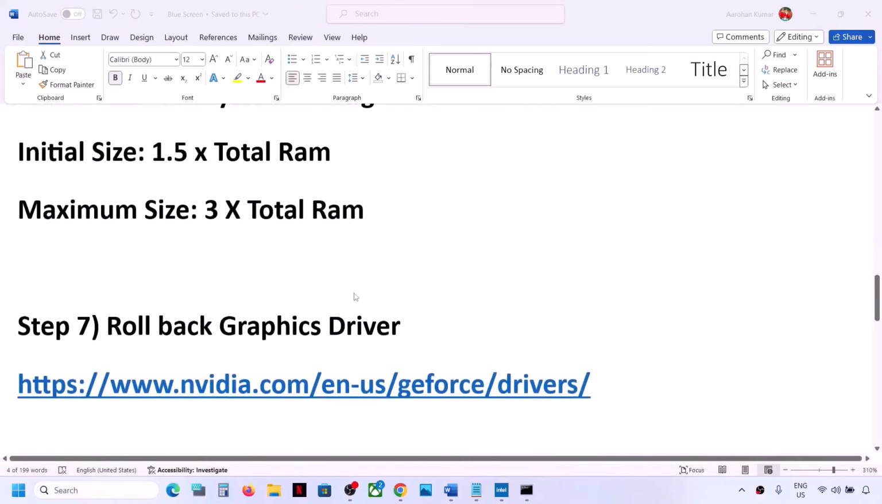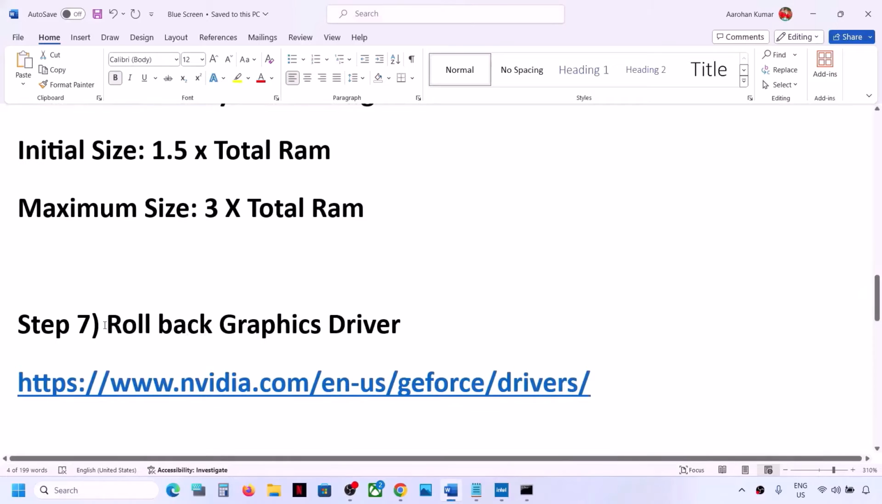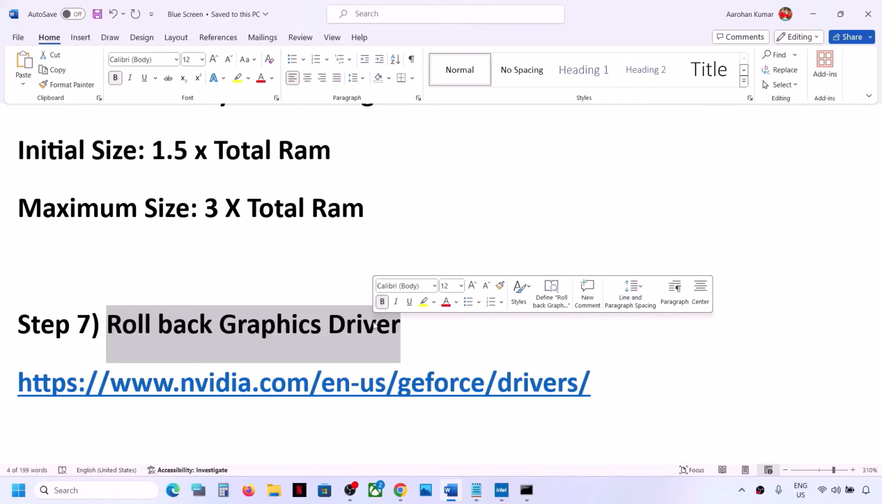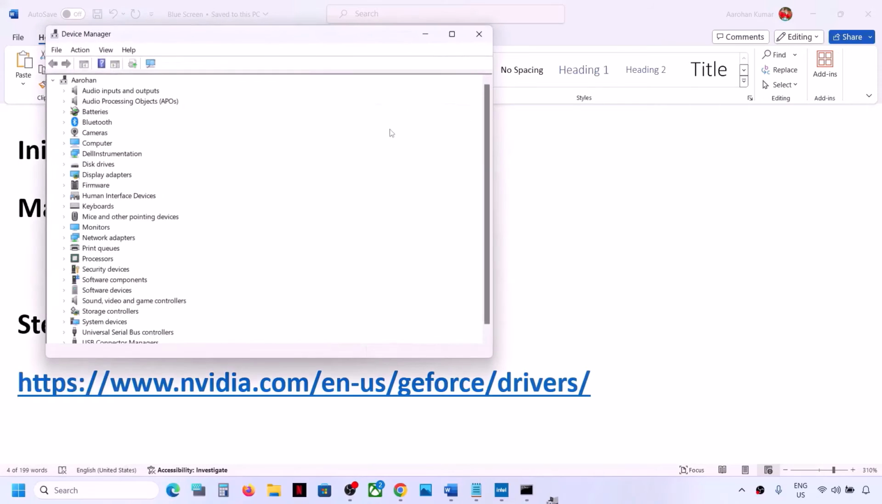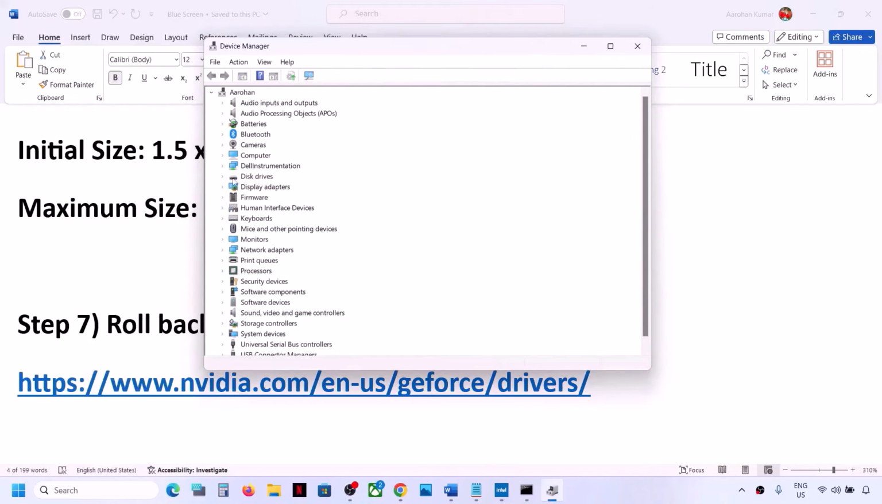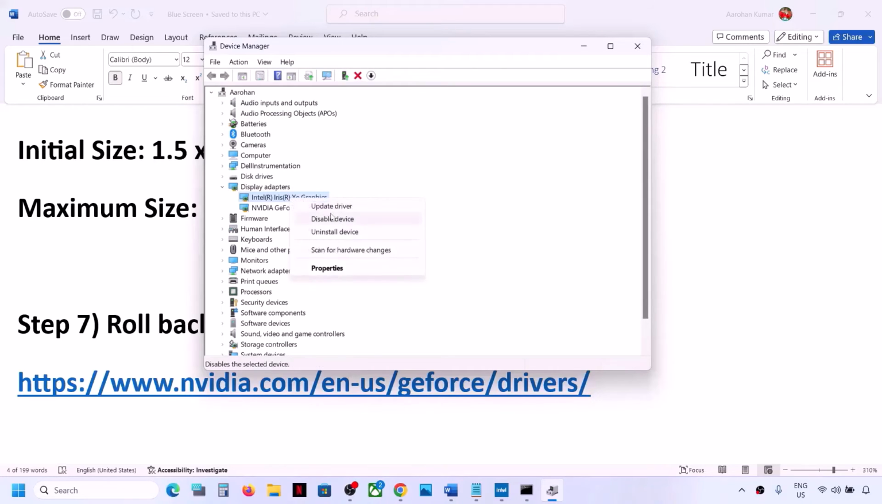Now the next step is to roll back graphics driver. Sometimes the latest driver causes problems, so in that case, you can roll back to the previous version. You can right click on the start menu and then go to device manager. Now over here, you can expand display adapter. Now to roll back Intel graphic card driver, you can right click on Intel and then go to